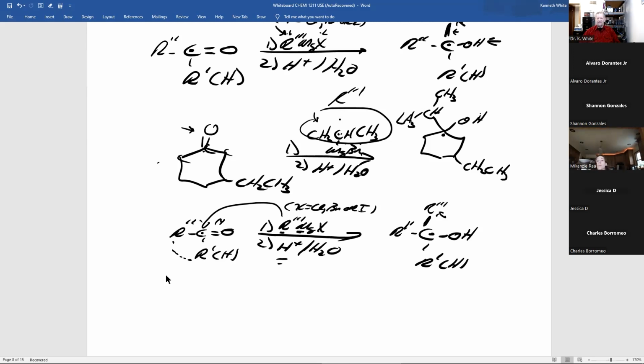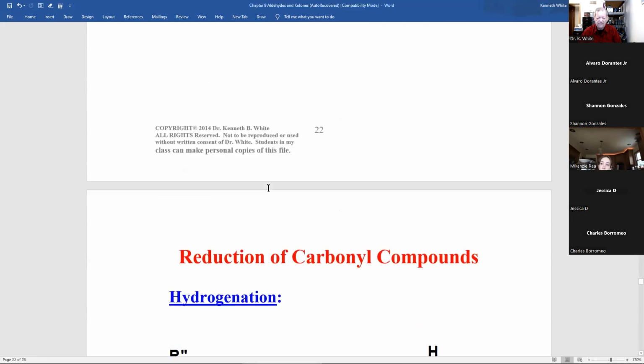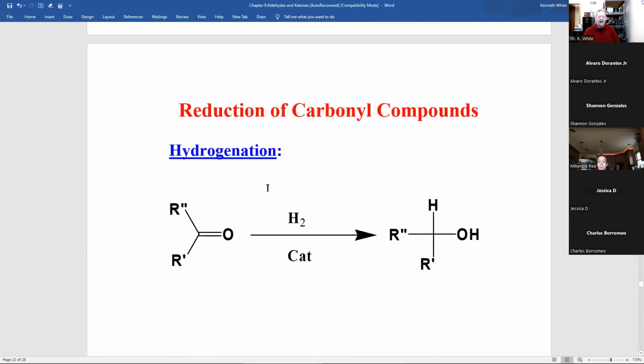And guess what? I don't know of a simple, straightforward way how to make this compound that I just made if I needed it, unless you use a Grignard reagent. With a Grignard reagent, it's a piece of cake. I don't know about a piece of cake, but it's pretty simple. And that's the beauty, and that's the power of the Grignard reagent and reaction, which is why he won a Nobel Prize. All right, let's move on.